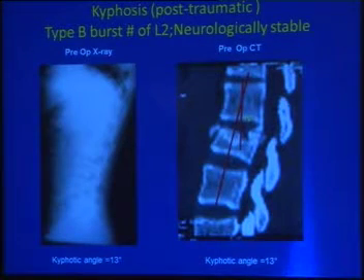So here are some cases. This was a case of fracture L2. One of the inclusion criteria in all our fractures is that these are neurologically stable fractures. If there's neurological involvement, we go for the traditional open decompression. Currently what we usually do is apply a spinal spica or a pelvic traction and make the patient lie in bed for 2 to 3 months. But in these cases, we ask the patient to walk from day 3.